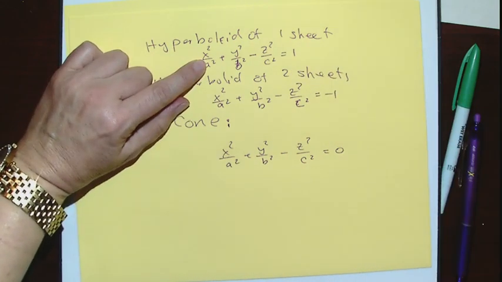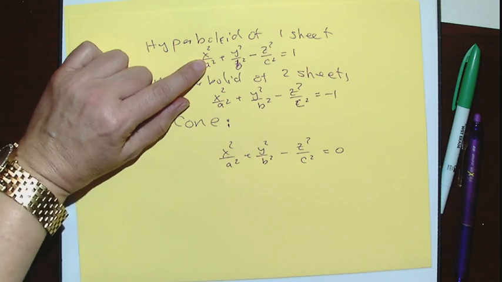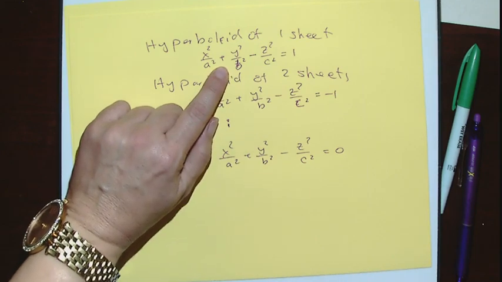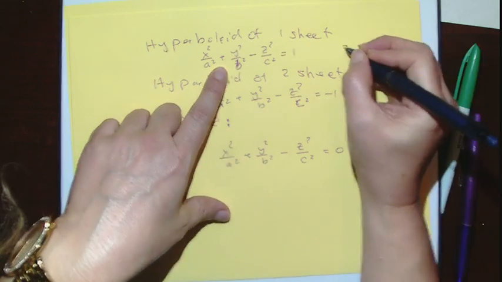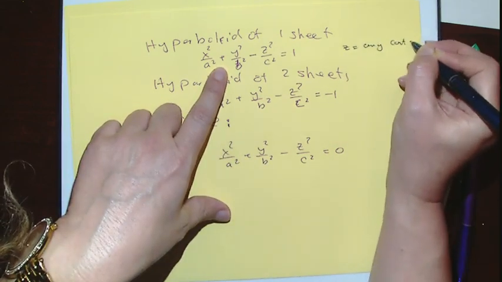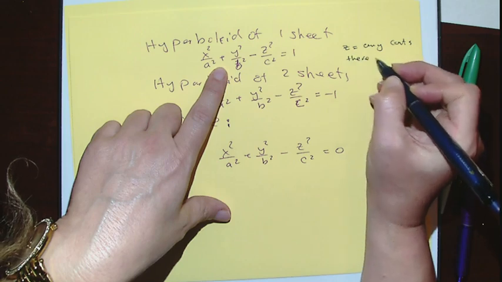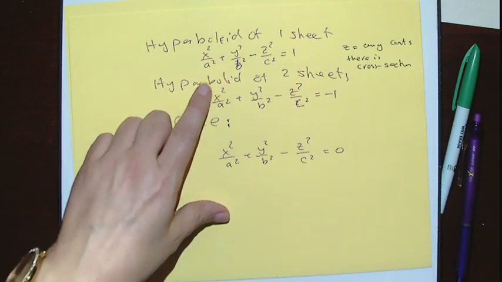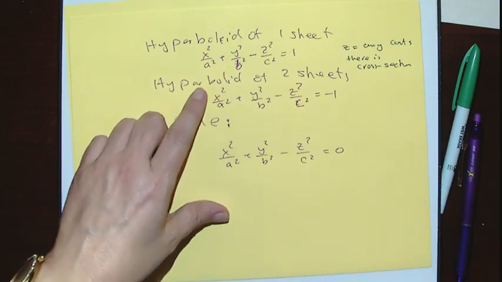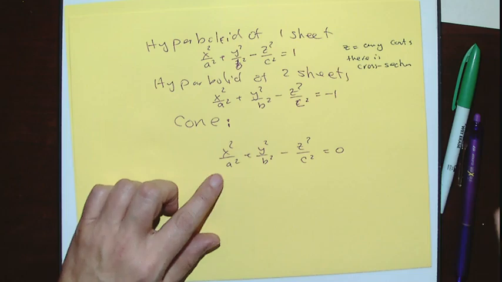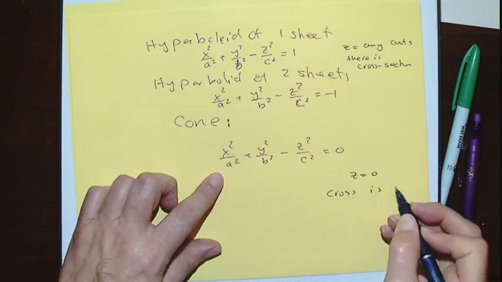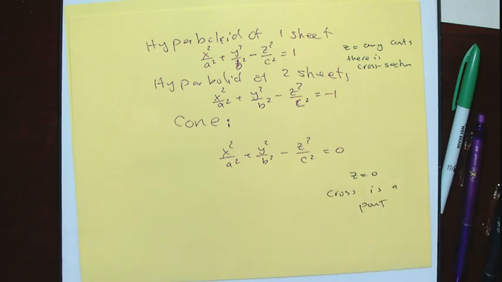That one looks like that. For z equal to any constant, can I find x and y? It turns out for z equal to any constant, there is a cross section. Now, for z equal to 0, the cross section is a point. And the last one,